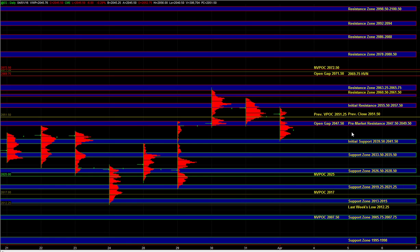So in the overnight session, we saw the market sell off into the 39 to 41 support zone that we had, and that's an area where responsive buyers have been active and defending. So heading into the open, we're going to use 39.5 to 41.5 as the initial support zone, and if ES can hold above it, then there's still potential to get back above 47.5 to 49.5, and then possibly test those